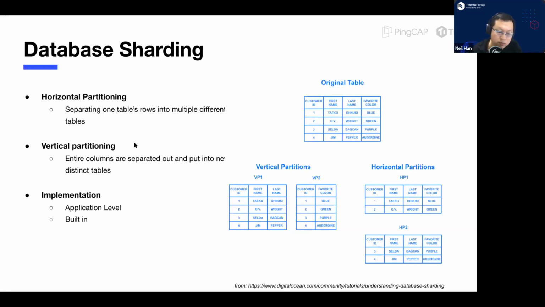There's another way to do it, which is vertical partitioning. Basically, you separate the columns into different partitions, and you scale from there. There are pros and cons with that, and that's what we're going to listen to the speakers talk about. From the application layer, in order to cater to this sharding, there are two ways to do it. One is at the application level, where you have to change the application to adapt to the sharding. The other is solutions like proxy or middleware, where sharding is built in, so that there's maybe less friction in terms of application integration.